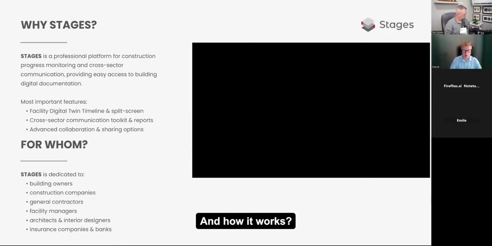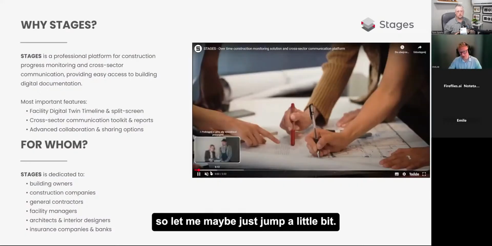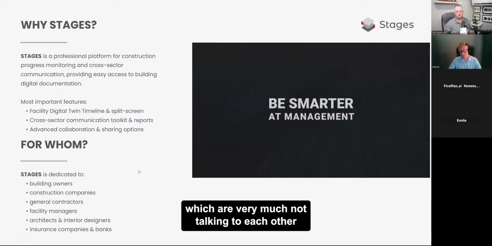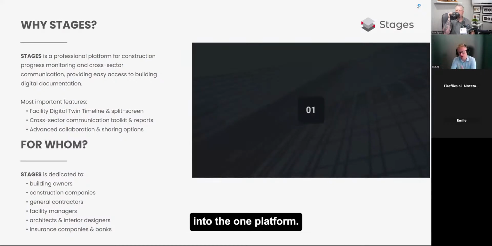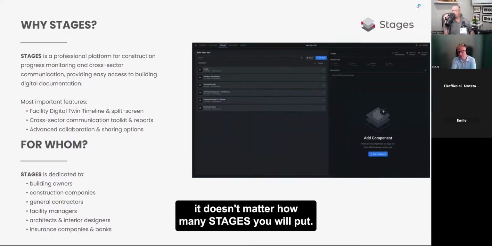And how does it work? Well, this movie is quite interesting, so let me just jump in a little bit. We are taking all of those things which are not talking to each other into one platform. So stage 1, stage 2, stage 3, doesn't matter how many stages you put.